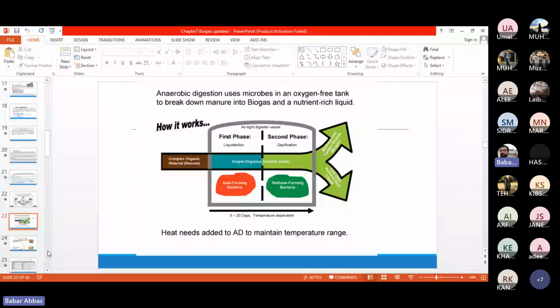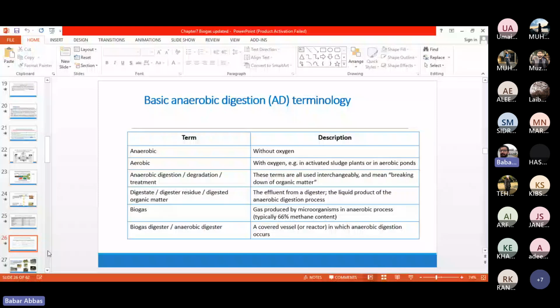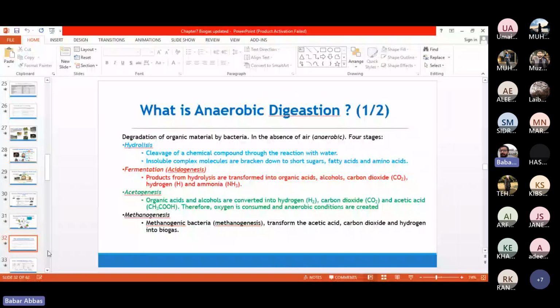Here we had yield and basic terminologies related to the biogas, benefits of the biogas and usages of the biogas, basically. These are the 4 stages which are involved: hydrolysis, fermentation, acetogenesis, and methanogenesis. Hydrolysis involved water addition. Fermentation involves the anaerobic digestion of the organic waste into the carbon dioxide, alcohols, and organic